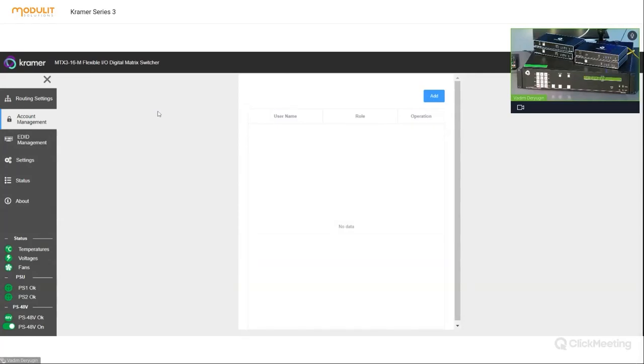One can be the admin, another one can be just the user, just the operator, or something like that. And on the bottom left side of the screen, you can see the status for temperatures, for voltages, for fans, for everything you need. So almost every data, every state of this equipment can be monitored in real time,